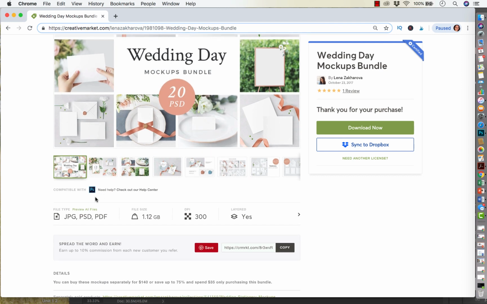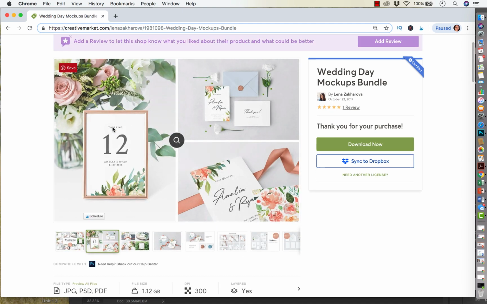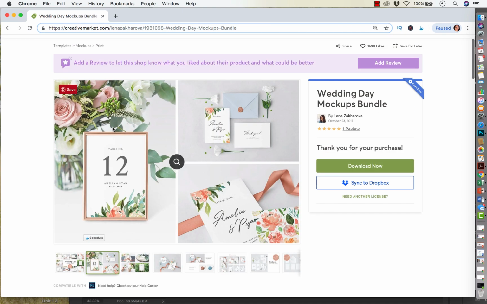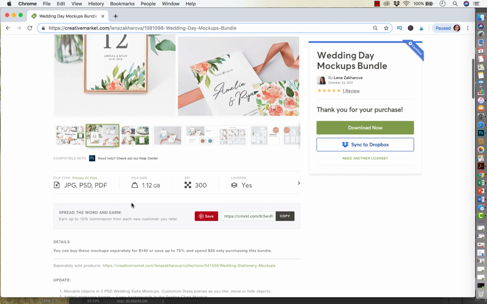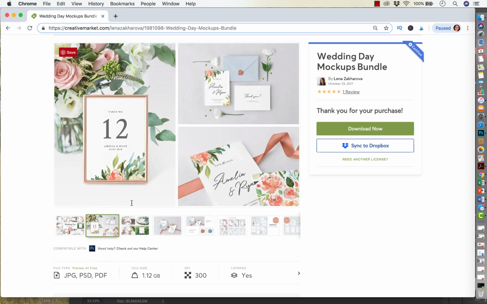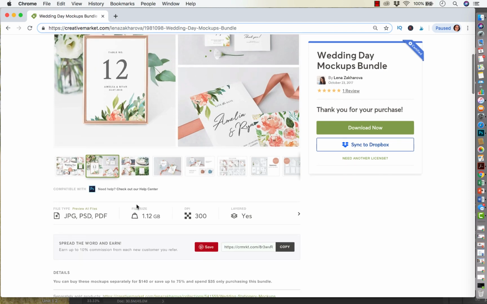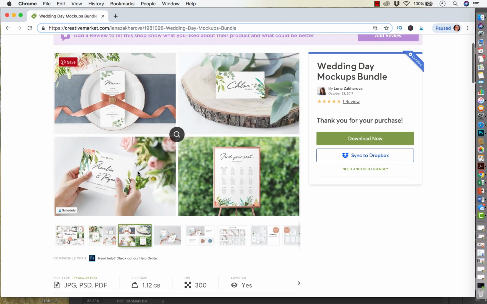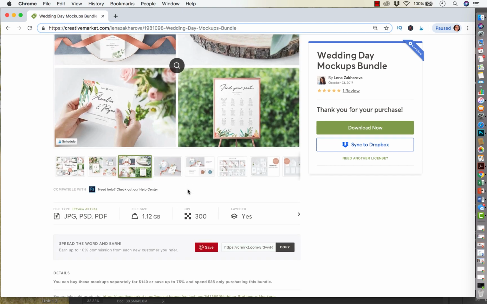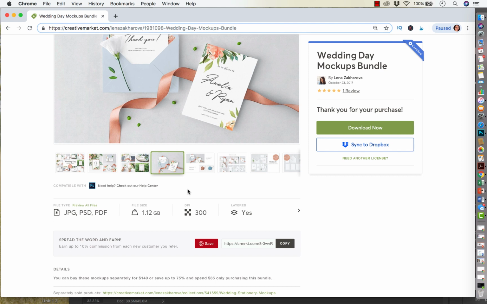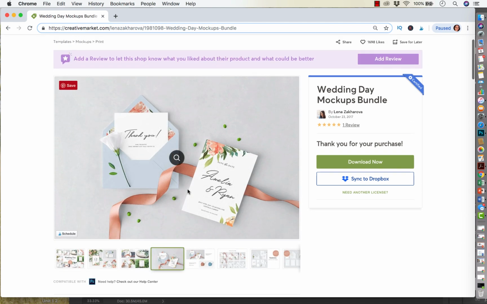Always check, what do you need to use this with? Is it a regular file that you can use with canva.com? Is it a regular file that you can use with Adobe Reader? Is it Photoshop? Is it Adobe Illustrator? It just depends, but make sure that you look at that. And if you have any doubts about the licensing, make sure that you either reach out to the seller and ask them questions or read the terms and conditions. It's really important that you read everything and understand what you're buying